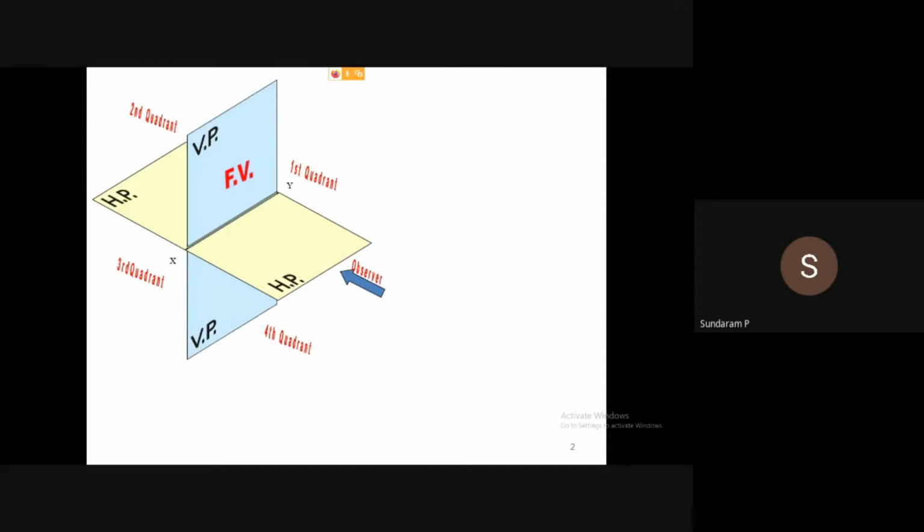Then, based on the observer's view, when we look at the front of any object, whether one dimensional or two dimensional, we get the view as the front view. We obtain the front view in the vertical plane, either on the top side or maybe the bottom side, when the observer is always standing in front. So the front view is always seen on the vertical plane.